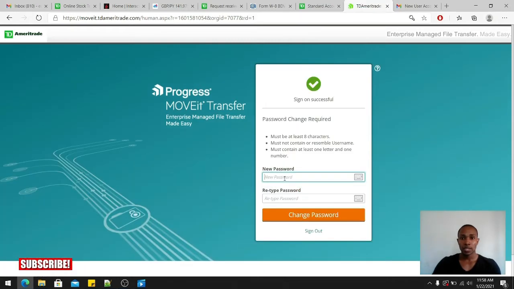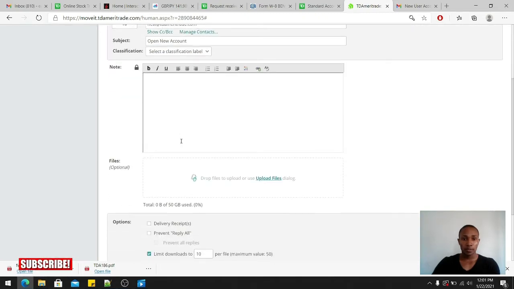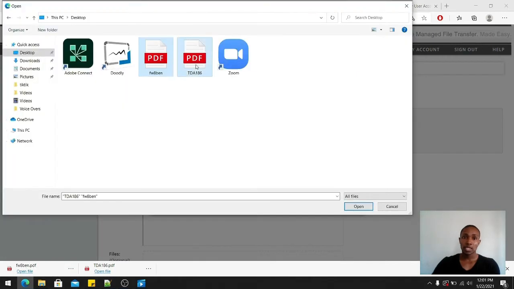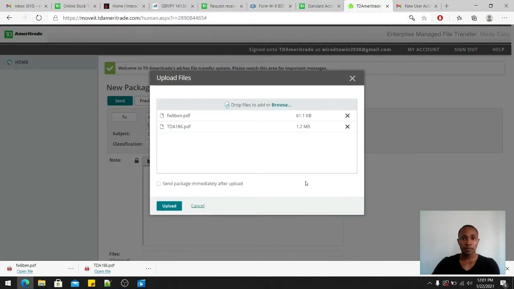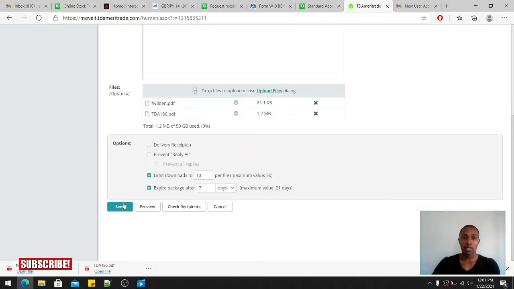Sign on. It's asking me to set a new password. Change. Alright, so you want to ensure that once you log in, the address you're sending to is new@tdameritrade.com, and you can put new account as the subject and note. Now let's upload the files. So let's assume you completed the forms. So let's upload, and then you hit send. In this case, I'm not going to hit send because I haven't completed the form and I already have